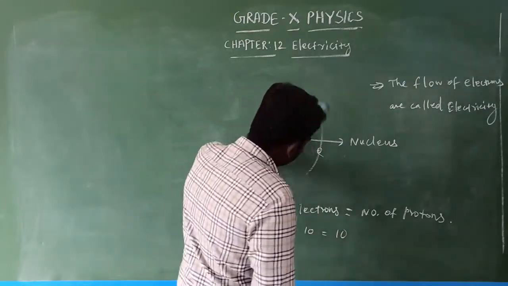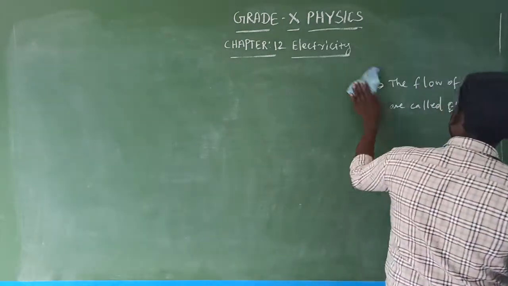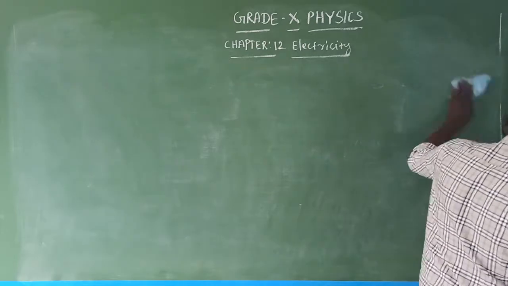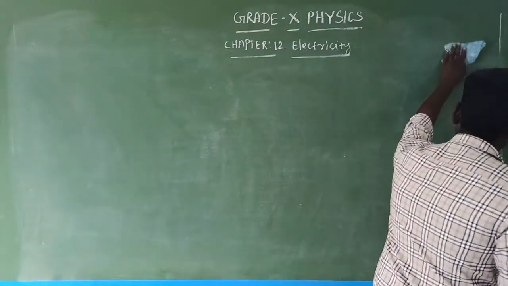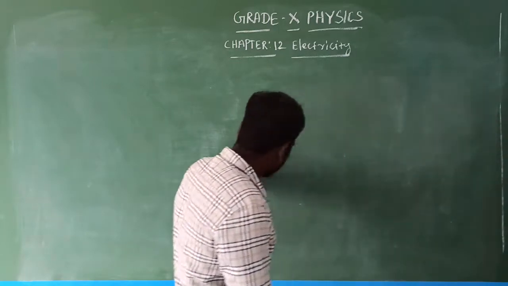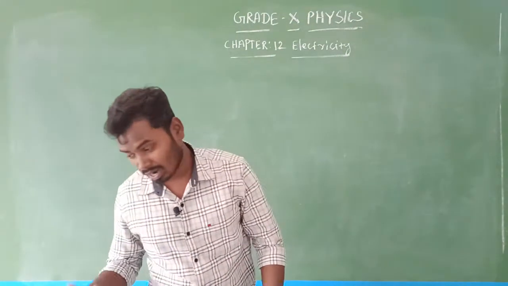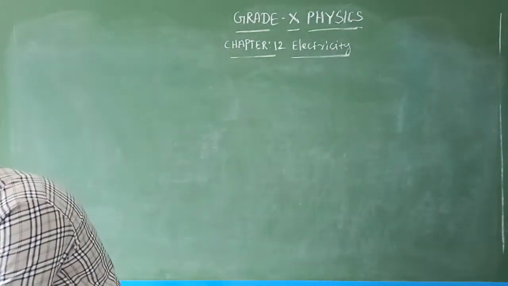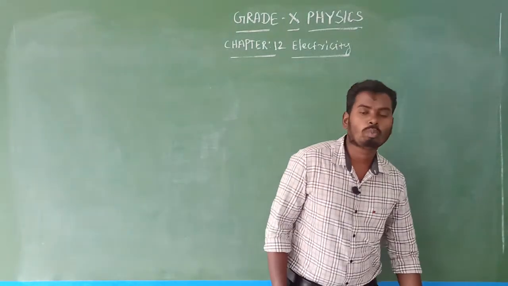See, we see so many things around us. Am I right? So many things are around this world. Some things are made up of metal, some things are made up of plastics, and some things are made up of other materials such as polished, plastic, polyester, then polythene cover, and so many things are there.